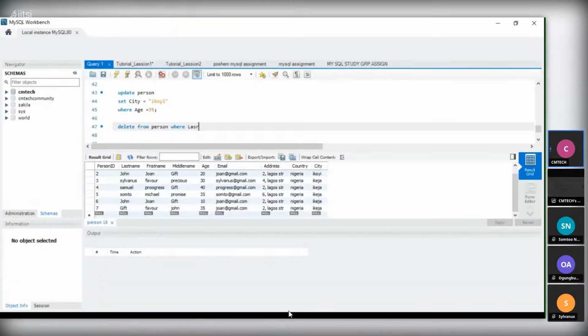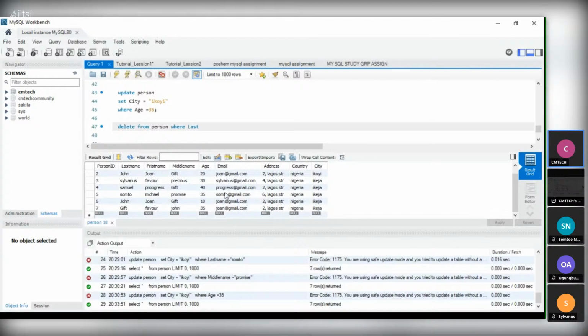So this is how we delete a particular record.